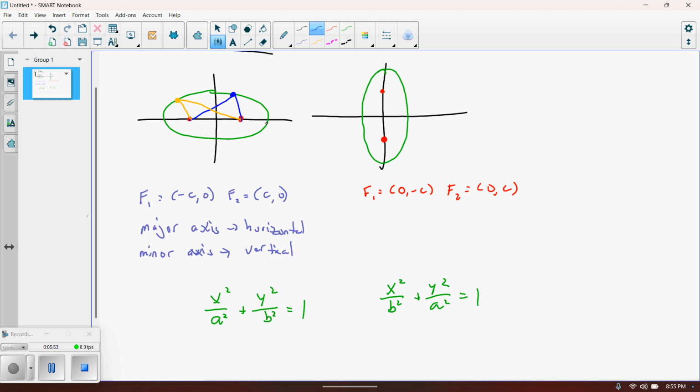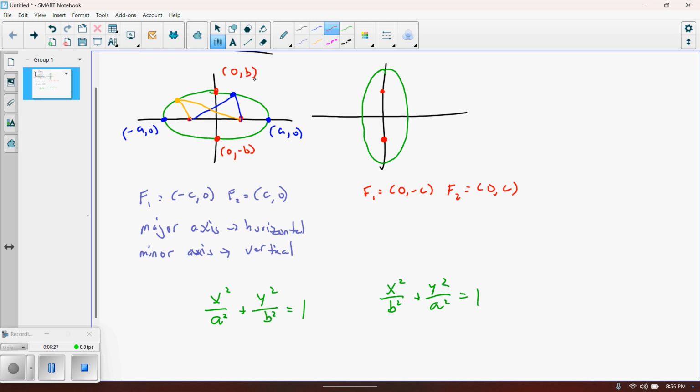So the a value here would be at a comma 0. And then, like you might expect, over here would be negative a comma 0. But you still have vertices along the minor axis, which is going to be up here, and that's where the b part comes in. So this would be, because it's on the y, it's going to be 0, negative b, and then up here it will be 0,